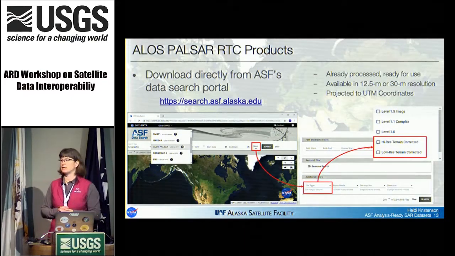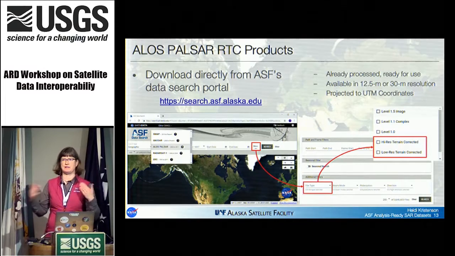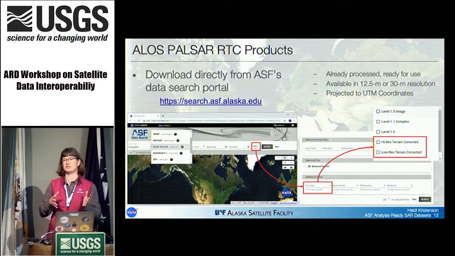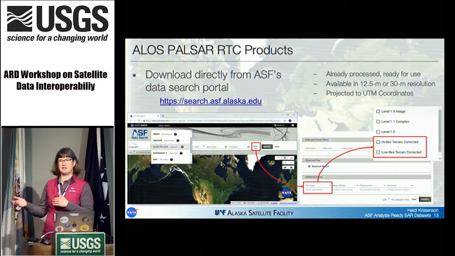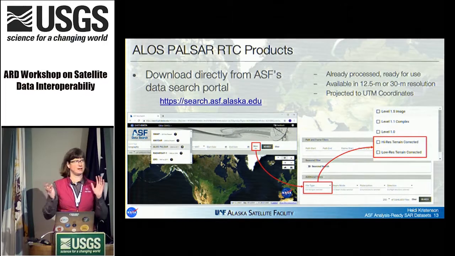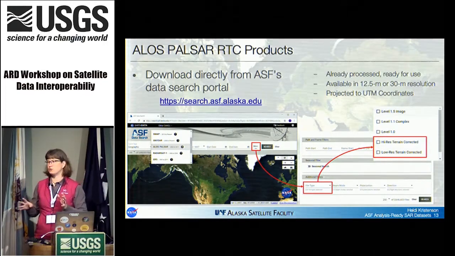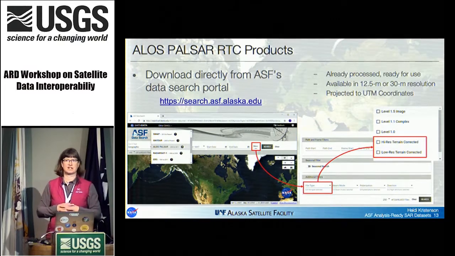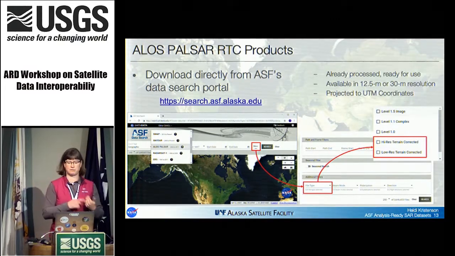We do have some products that we have already processed. So we did get permission to process all of our ALOS Pulsar 1 imagery that we have in our archive to radiometric terrain corrected products. And so those are all ready to go. They're available in 12.5 meter or 30 meter pixel spacing, and it's projected to UTM. You can just go to our web,